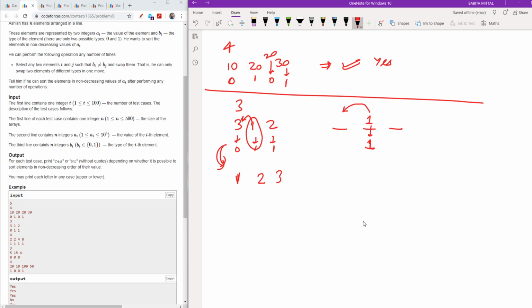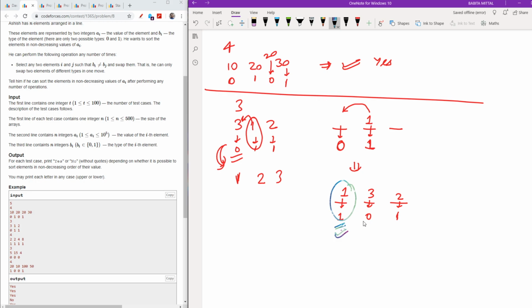So I should have an element here which has a value 0, so that I can swap 1 with it. And as I can see clearly, I have a 0, so let's swap it. I get my element 1 here which has a value 1, and I get 3 here which has the value 0, and 2 remains here. Now I get my 1 at the right place, so I will not touch it, I will just look at the rest.